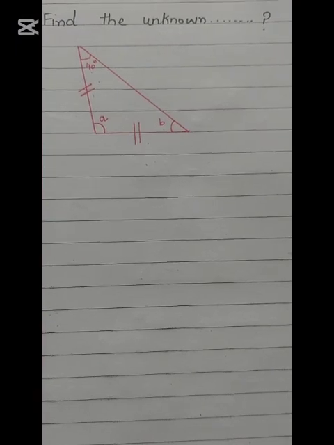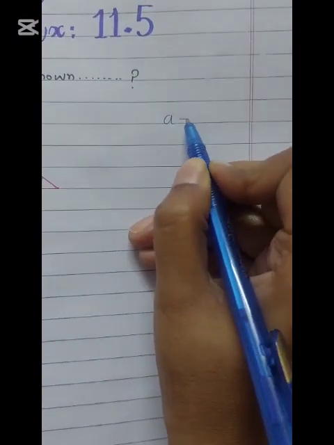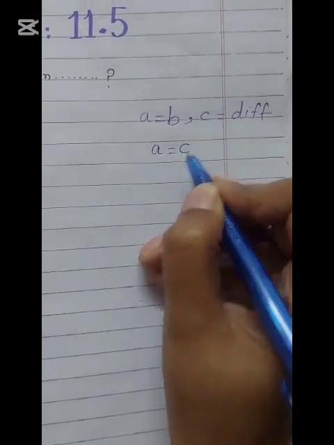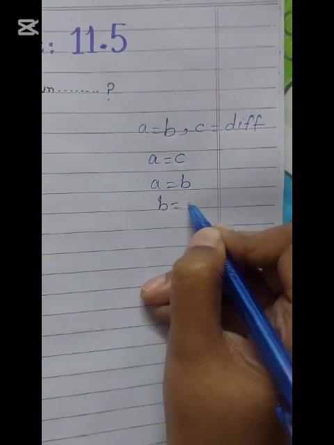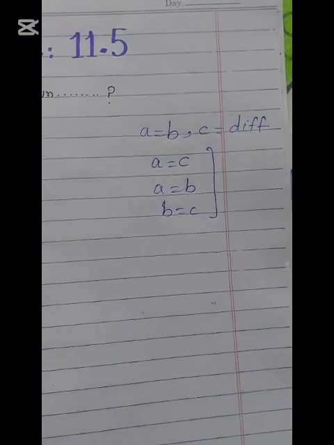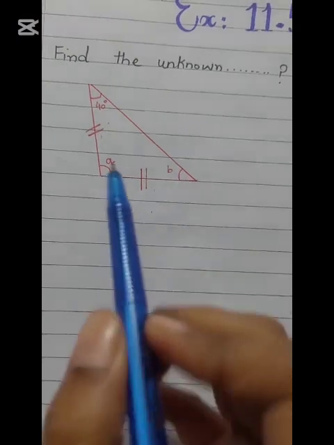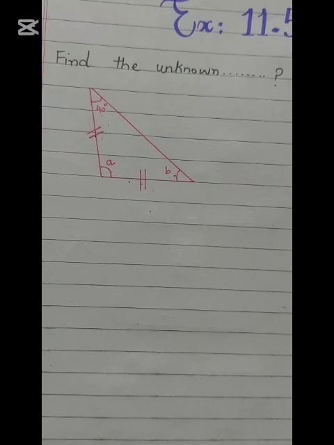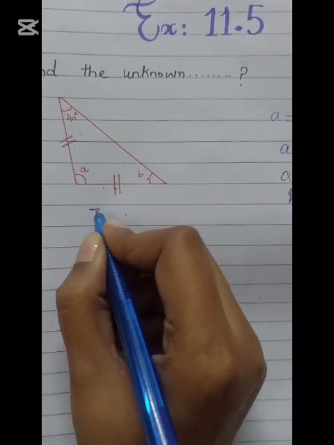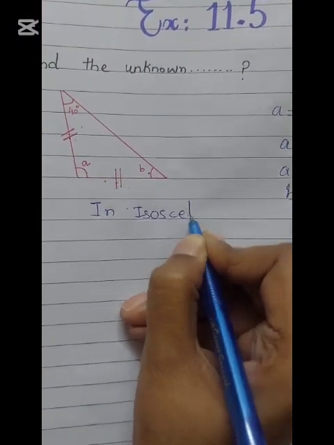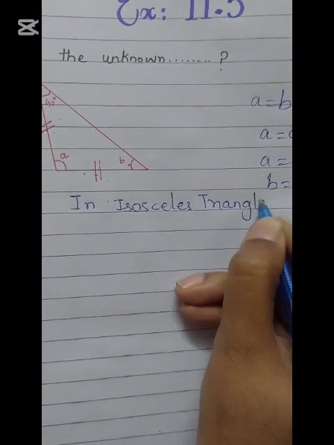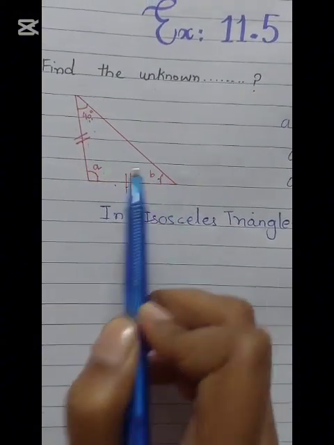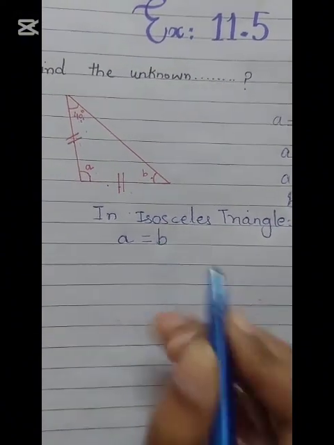An isosceles triangle is a triangle in which two sides are equal and the third one is different. Any two sides, A and C, A and B, or B and C, can be equal and the third one different. The same rule applies to angles. We see two sides are equal, which means two angles are also equal to each other. So in an isosceles triangle, two sides are equal and the third is different. The third, different one is given and the two equal ones are unknown. So we say A is also equal to B.